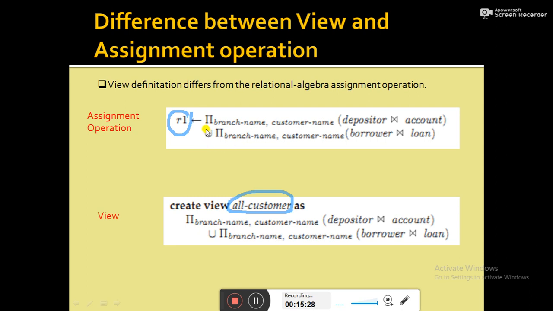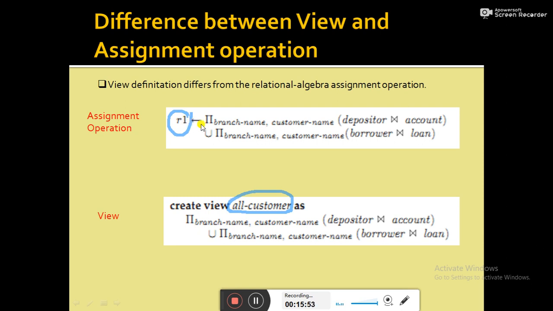If you perform the union operation, then from that expression we get the branch name and the customer name of those who have either an account or loan or both, and that set of records, that relation, is stored in another relation R1, and this is the assignment operation.